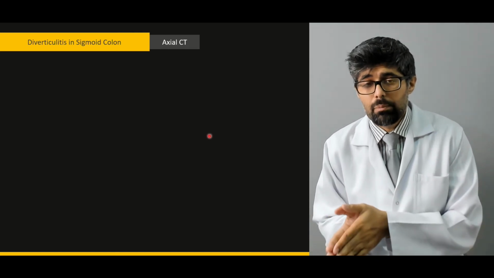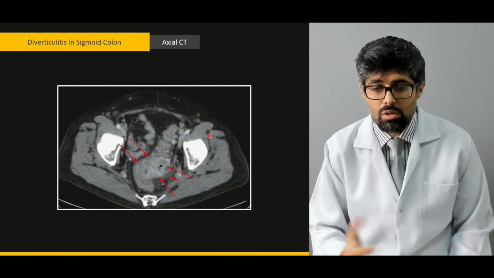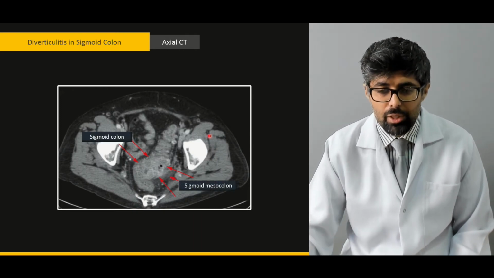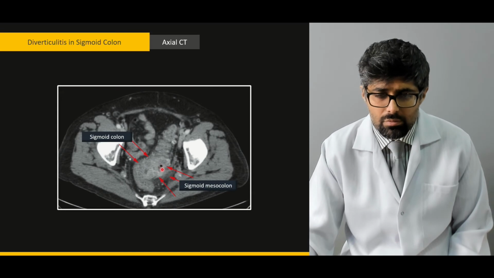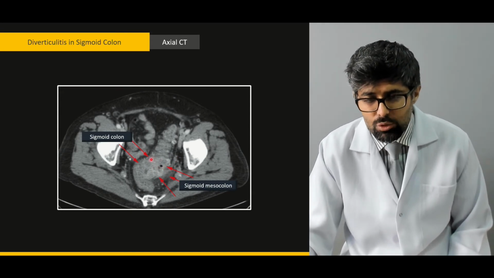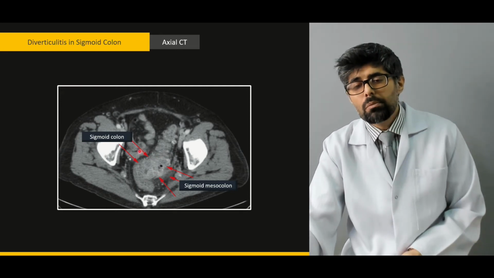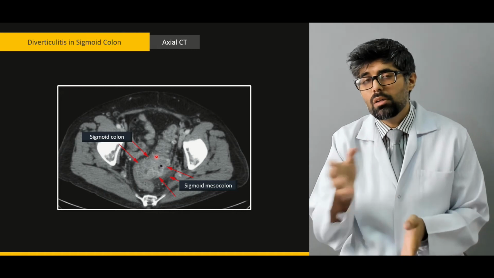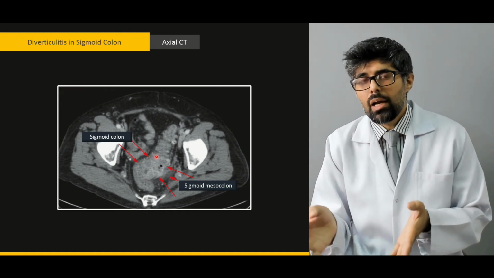Now, diverticulitis can also happen in the sigmoid colon. We have a picture here. This is the sigmoid colon and this is the sigmoid mesocolon. Now, the sigmoid mesocolon is the middle portion of the sigmoid colon, and